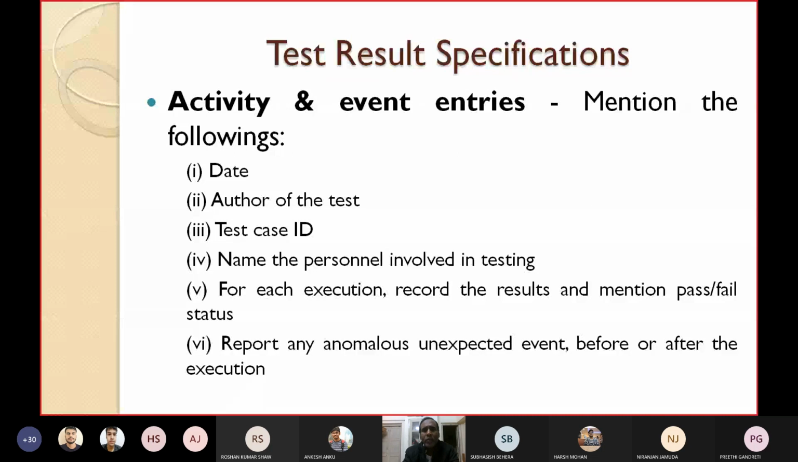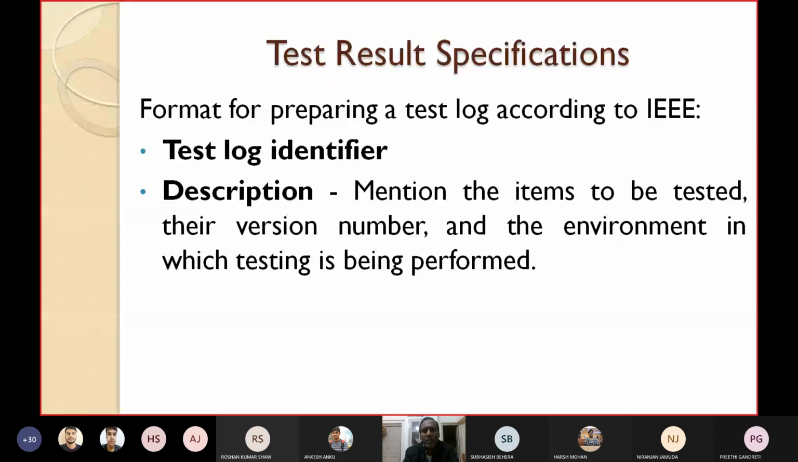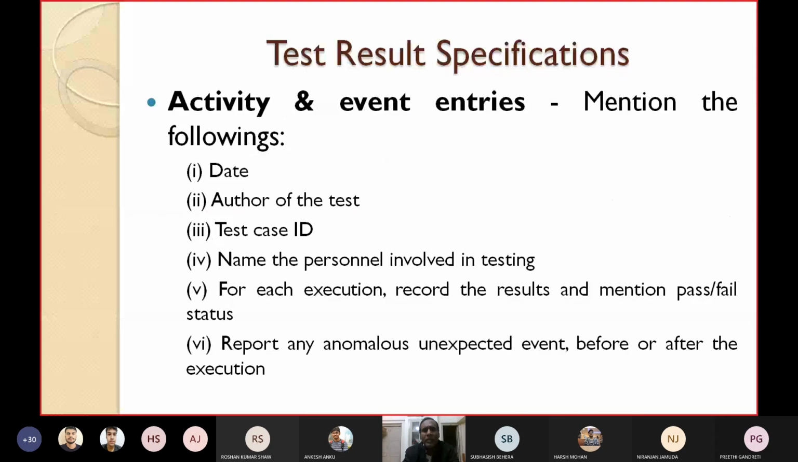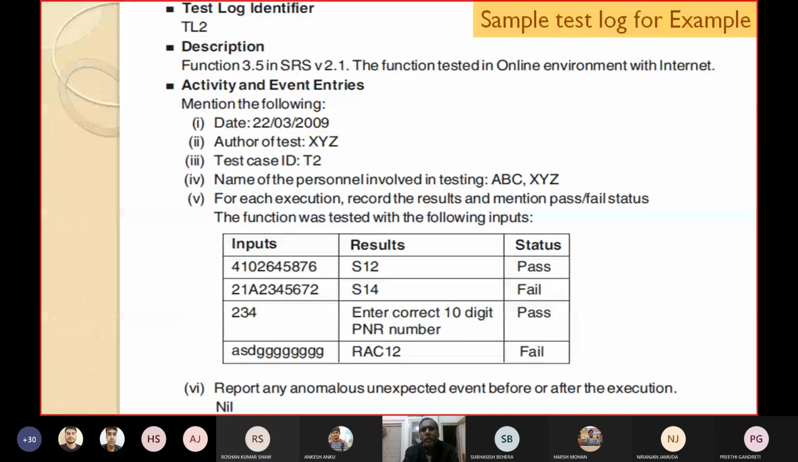So what I have told is, there will be three important components in the test log: one, the identifier; two, a brief description; then the activity and event entries. Now we'll take the same example of the railway reservation system that we took in the last class and prepare the test log for the same example. So that sample test log for our previous example I have